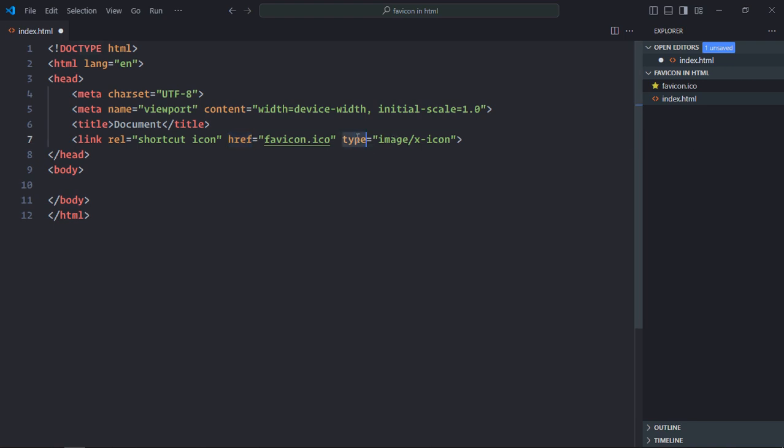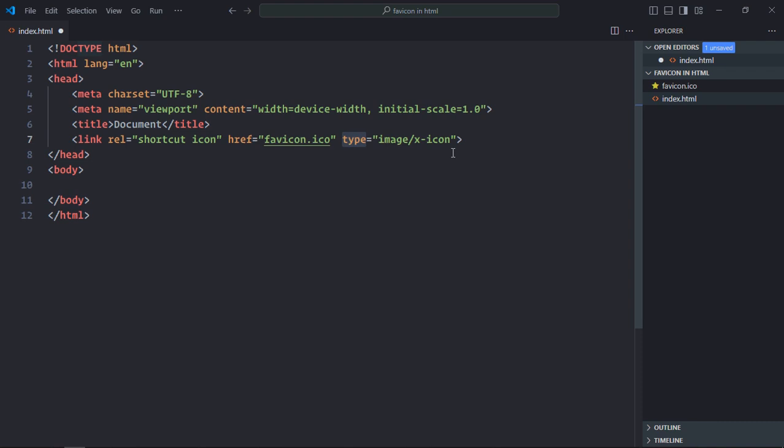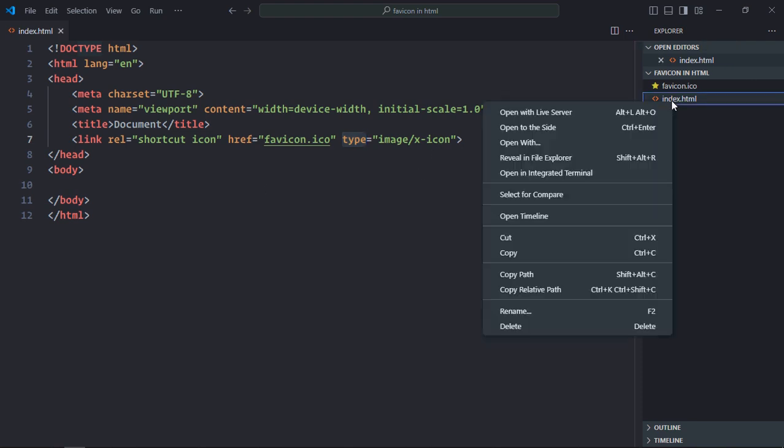The next is type, the type of the file. In our case it is icon, so we are using image/x-icon. If you are using JPG or PNG format, you can put JPEG or PNG here instead of this x-icon. I just save it, open this file in the browser,